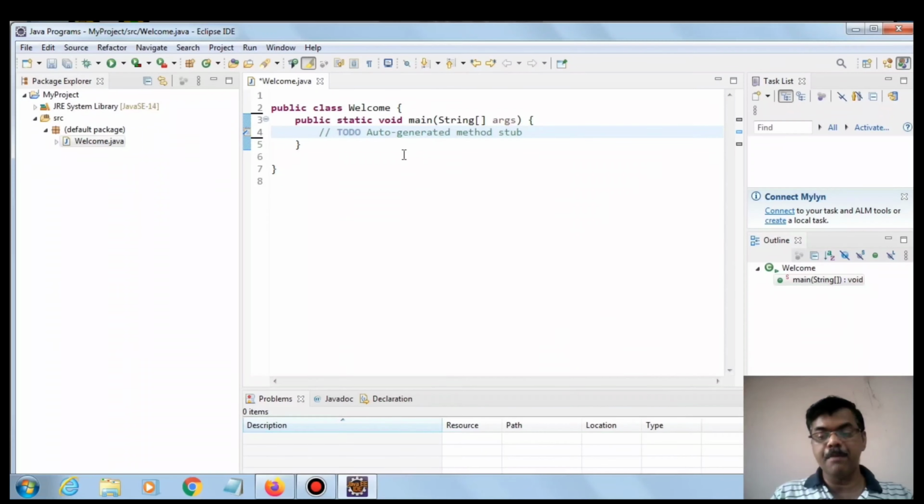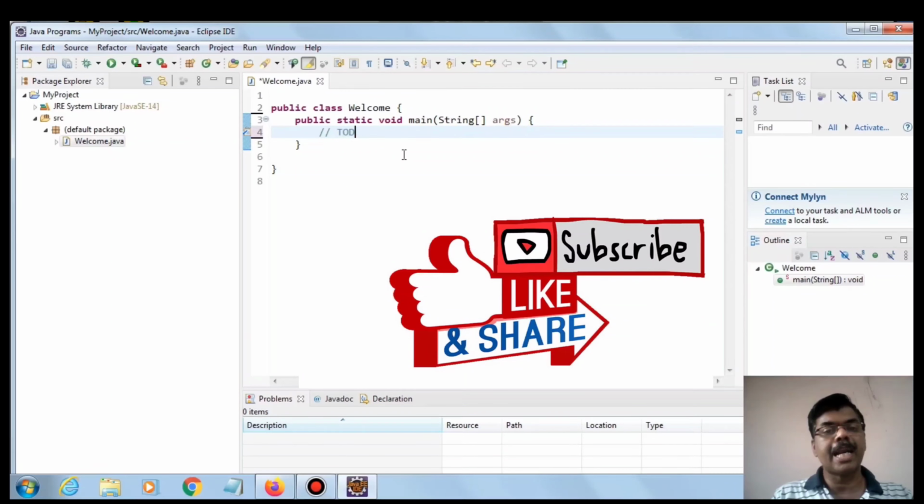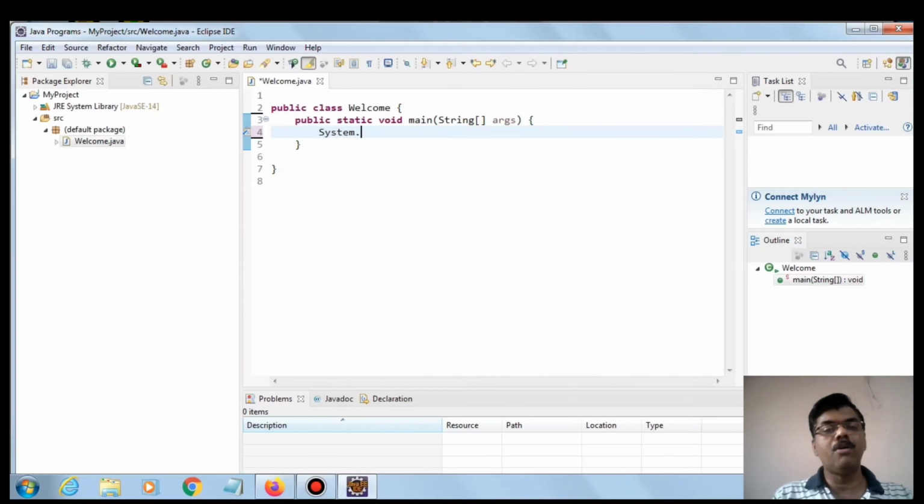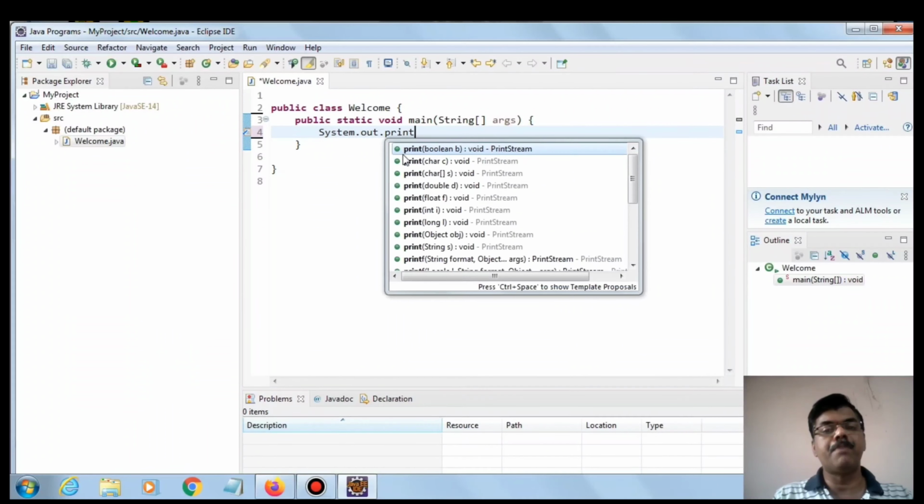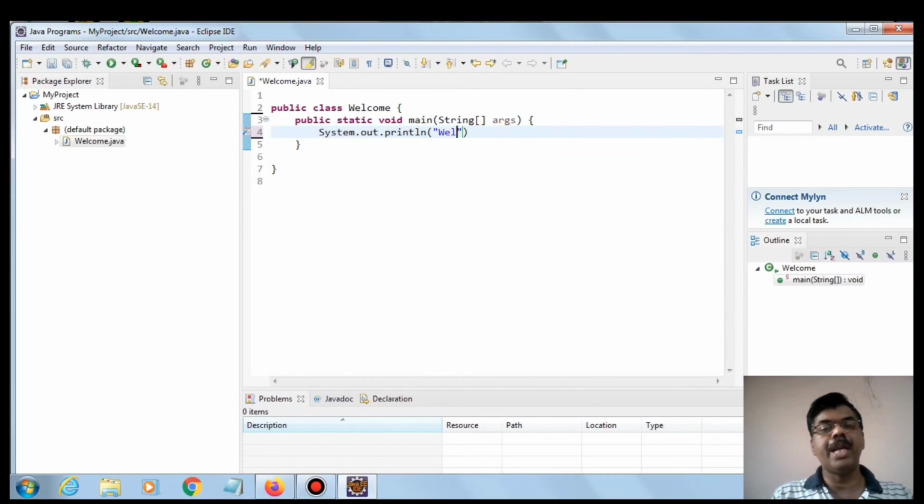So in order to display a message onto the screen, we are going to make use of a class System with a member out and with a method println, and the message should go in double quotes